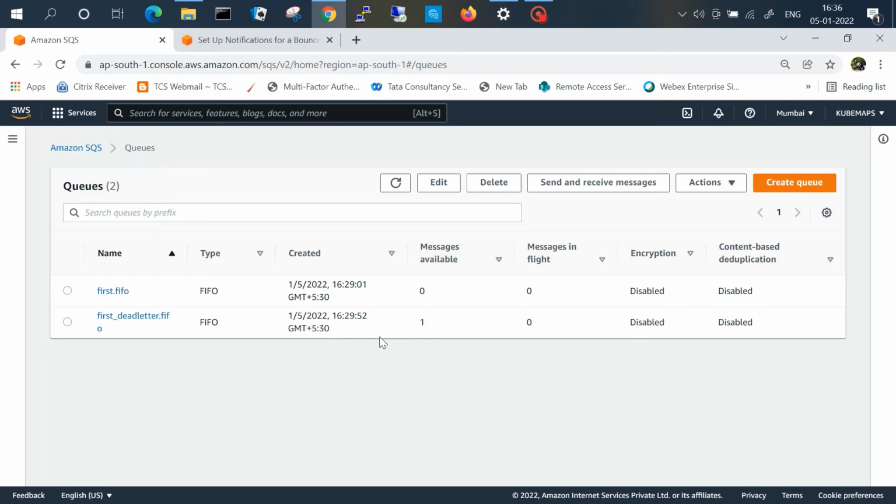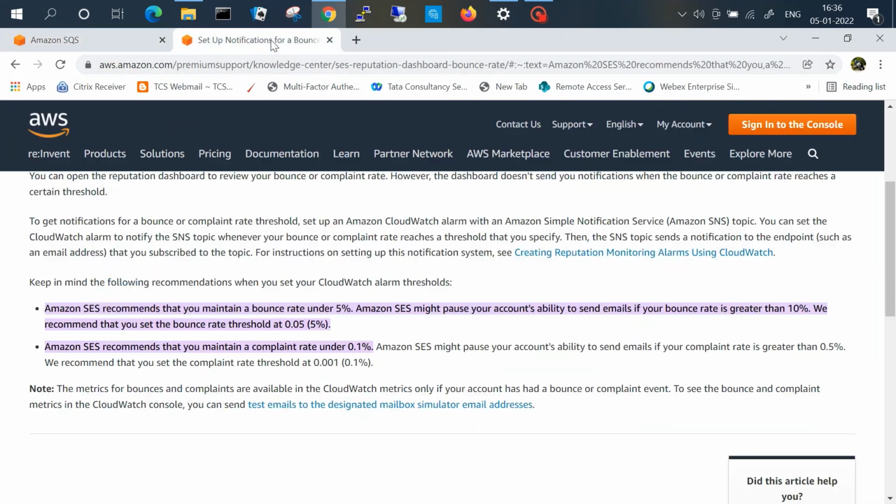So let's talk about an interesting fact about one of the Amazon services. That is SES, Simple Email Service. In AWS, we should always keep in mind that Amazon can pause your email services if your bounce rate exceeds 10%. It keeps track of your bounce rate all the time, and it should be maintained as per AWS recommendation below 5%.